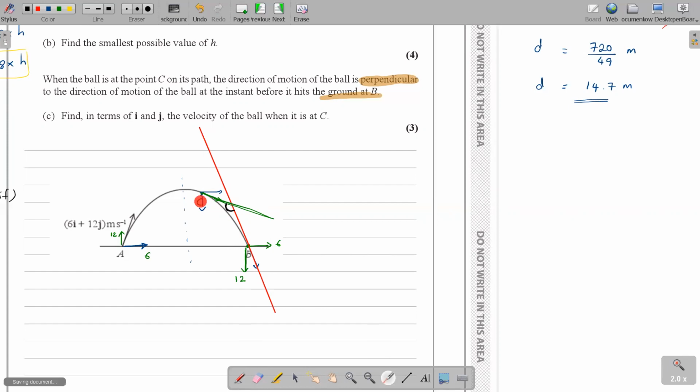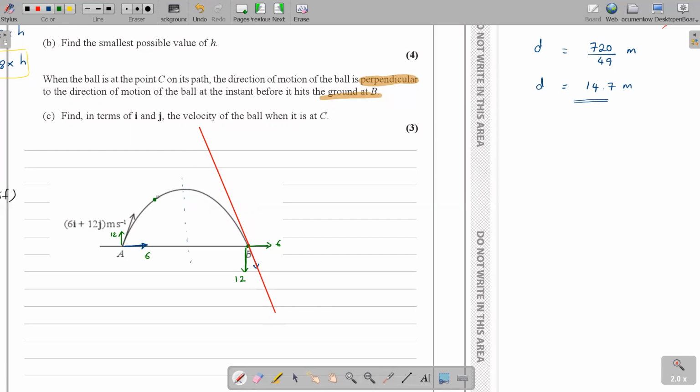So you have to choose a place where you can actually create a 90 degree, where the direction at that particular point should make a 90 degree with your red color, the motion of B. I can see this clearly doesn't work because it does not give me a 90. So you all need to understand this here. Point C has to be somewhere over here. Can you all see why I'm taking it like that?